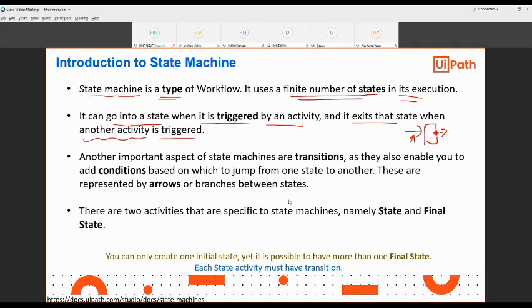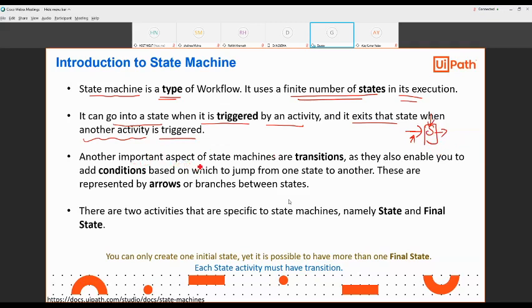Is it clear? So some kind of trigger is required to enter and exit a state. We'll show you one example of how it is working.